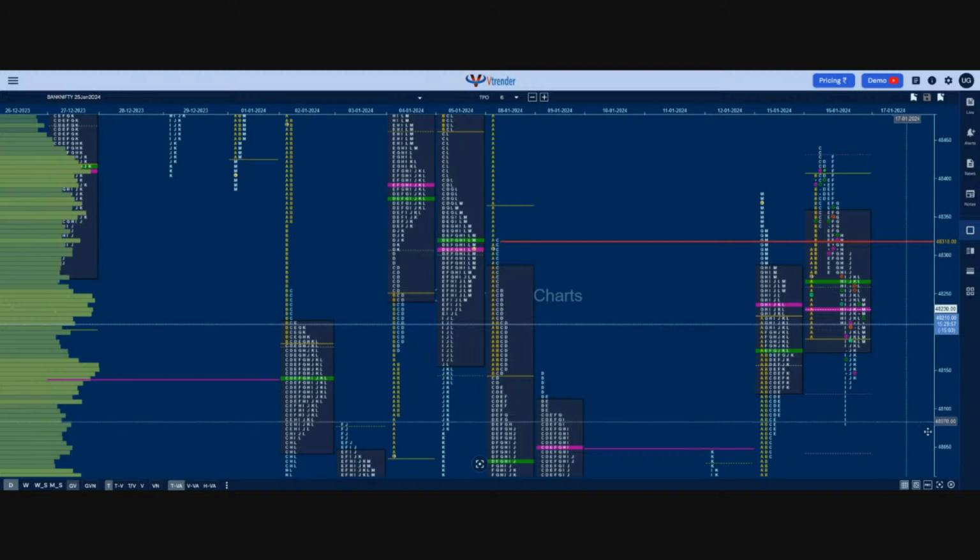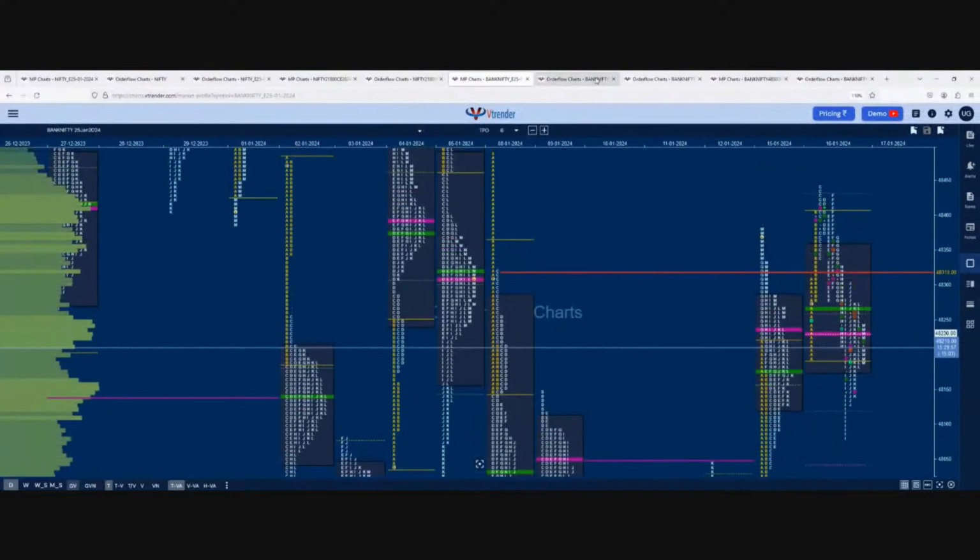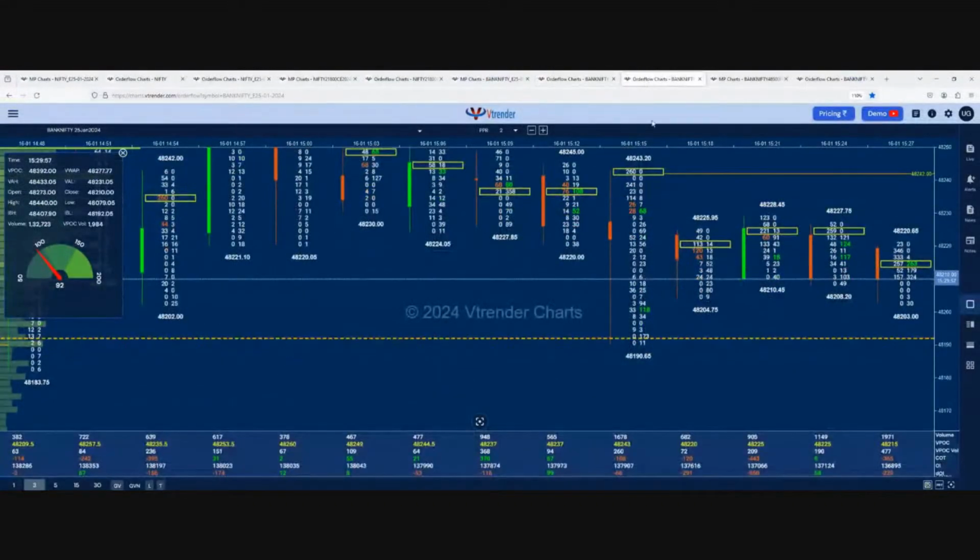Seaside generally gives a fake move out because, in the order flow, what we can see in the market profile is it moves out of the IB, the initial balance, but it gets rejected and it immediately comes back. So once in order flow you are seeing that there is no fresh demand coming in the seaside extension, you can look for a trade for a retracement to the day's VWAP. So that is the seaside setup. So that is what we were playing for. And if you see in order flow,